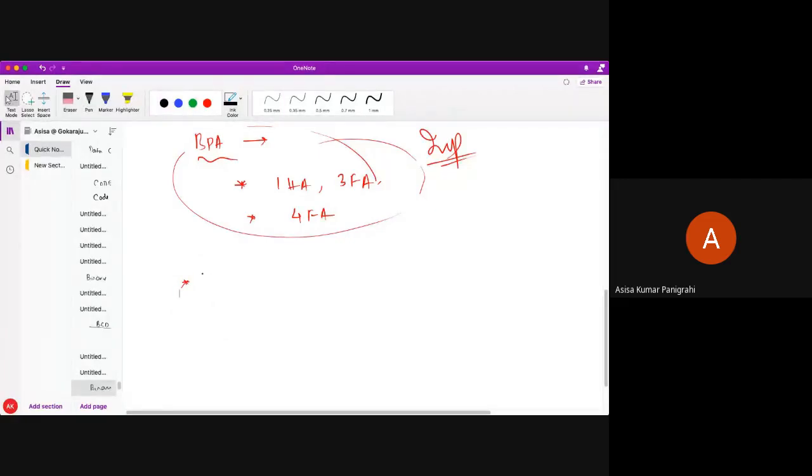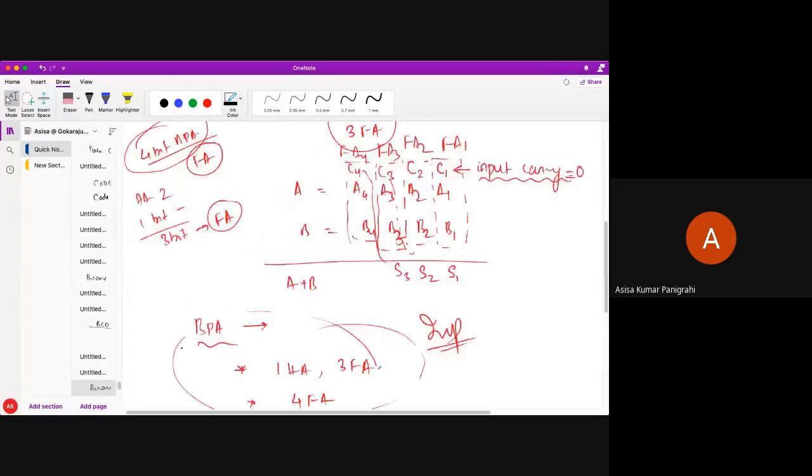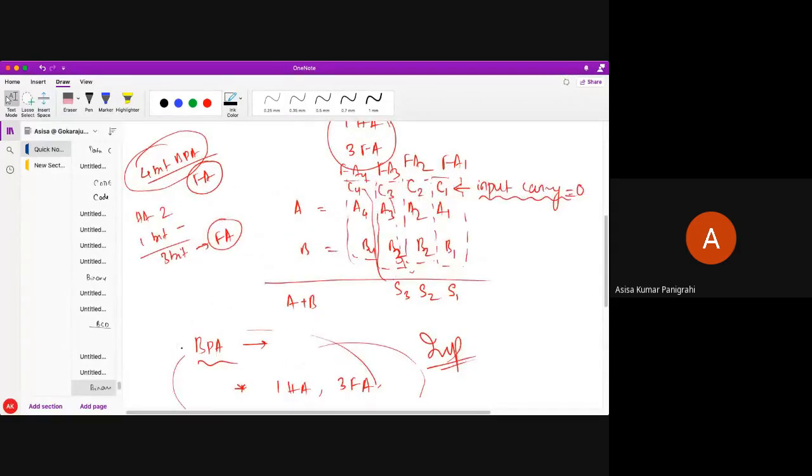you can say this binary parallel adder is also called RCA, ripple carry adder. Why is it called ripple carry adder? It's also a very important concept. Okay, please try to understand this important concept. What is RCA? Since a carry is rippling, the carry is transferred from one adder circuit to another adder circuit.